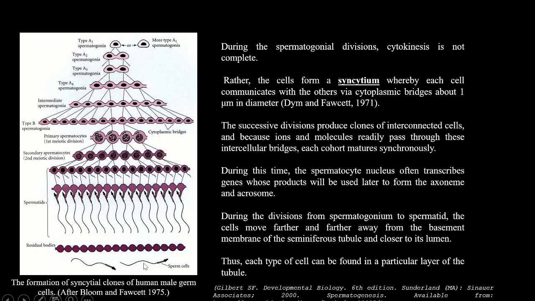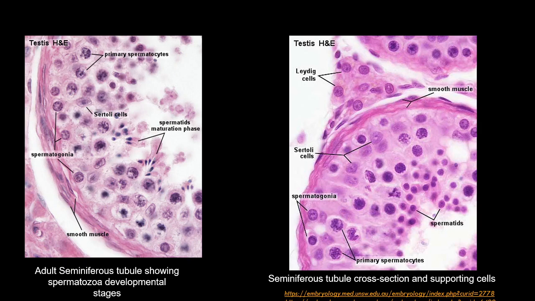And we can see that each type of cell can be present in a particular layer of the tubule. If we go back to the picture, you can see here the cells are moving farther away from the basement membrane. Here is the basement membrane below the smooth muscle, and ultimately sperms will be collected here in the lumen,